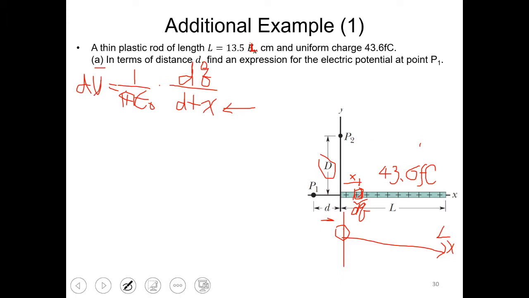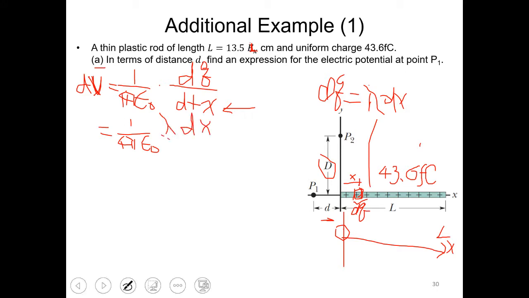This is V. So suppose the line charge density will be lambda. So dq will become lambda dx. So we substitute this here: dx lambda over d plus x. And so we